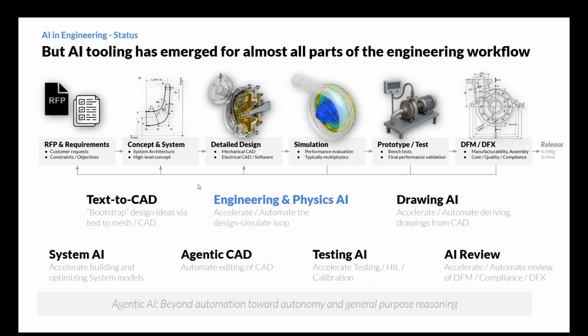But also centrally, the engineering and physics AI means setting up the simulation from the requirements, running the simulation, and evaluating its results. That's where we see SimScale playing a central role, meaning in the engineering and physics AI and